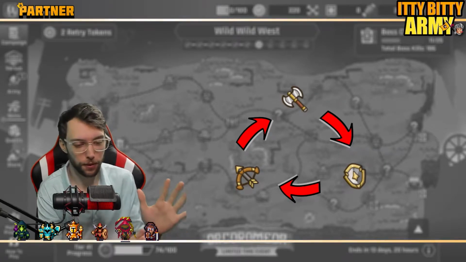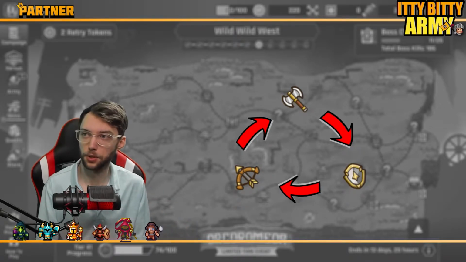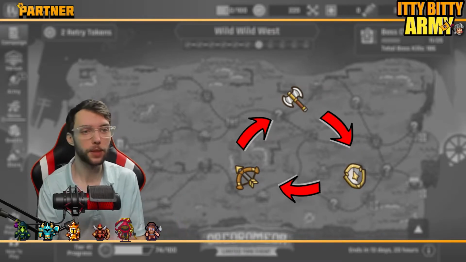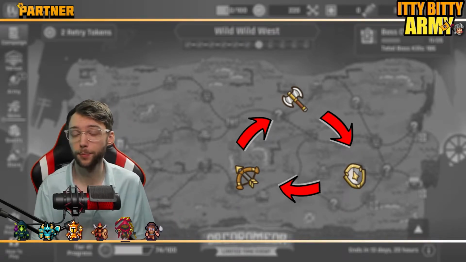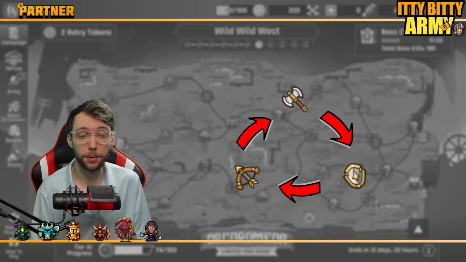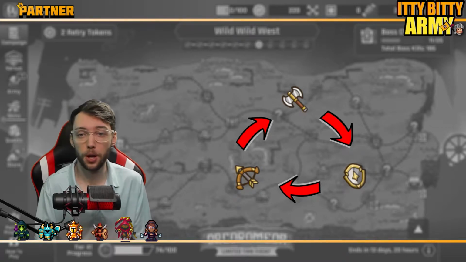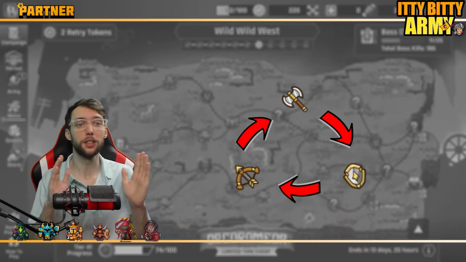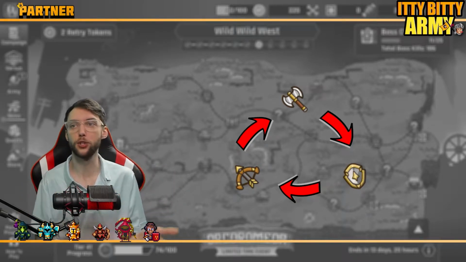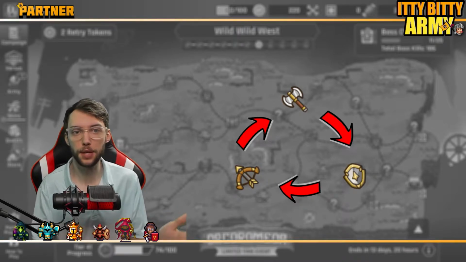So let's start with the basics of the basics. This game is rock, paper, scissors. So you have melee that attacks armor. It's very strong against armor. And then you have armor that takes down range, because armor counters range. And then you have range that attacks melee, because it counters melee. This is the basics of Stream Raiders and the foundation of how it works when it comes to PvP, PvE,